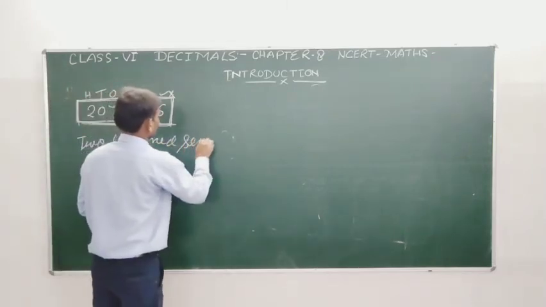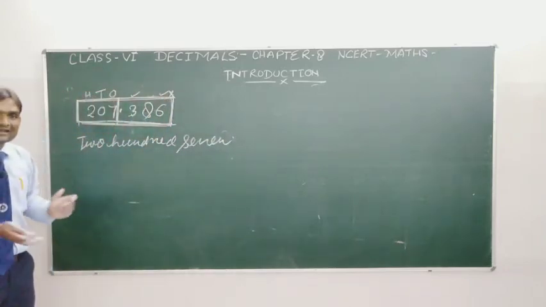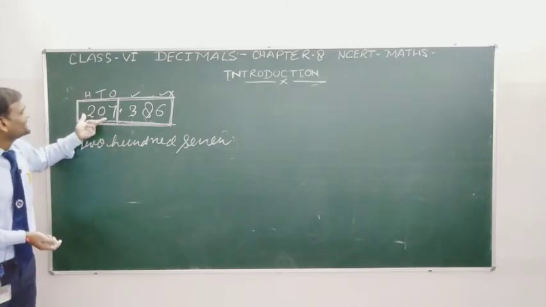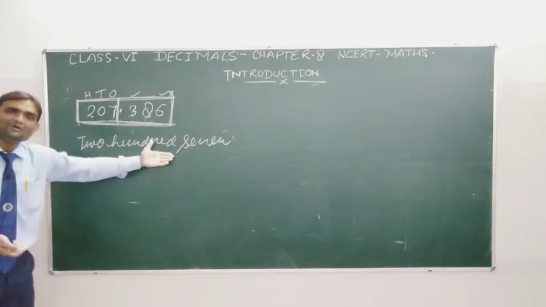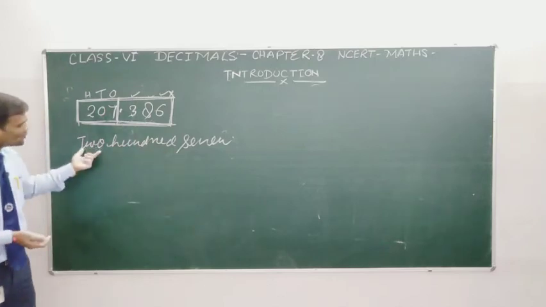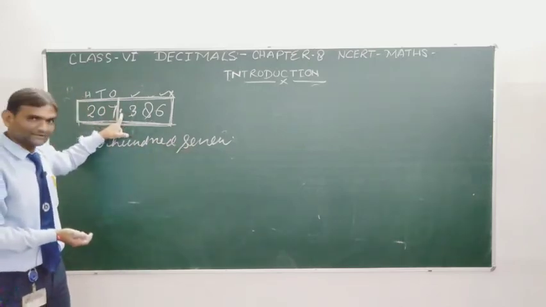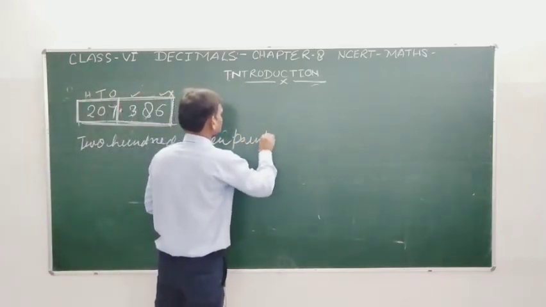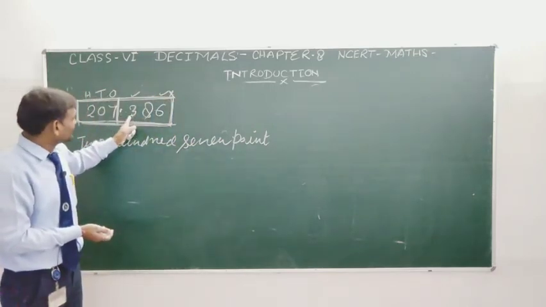207. Very easy. You are reading, you are saying that this is the 207, sir. So write the 207 in words. There is no problem. You can write very well. 207. Now you are saying point. So write the point in words. Point. Now you are saying 386.